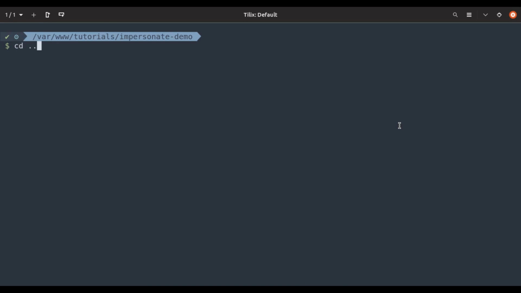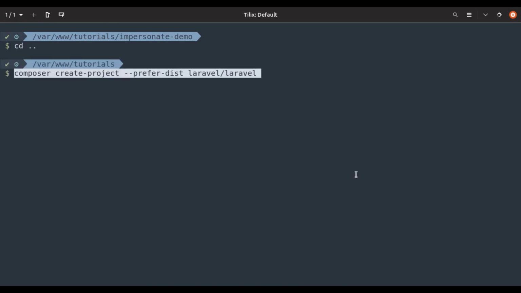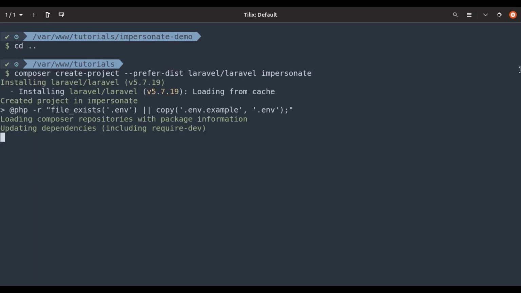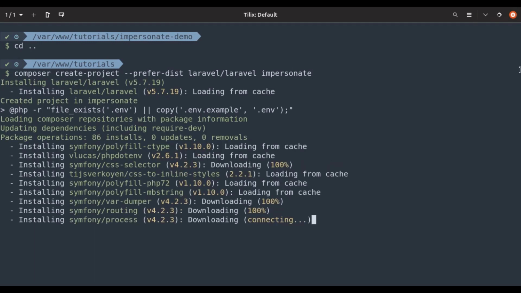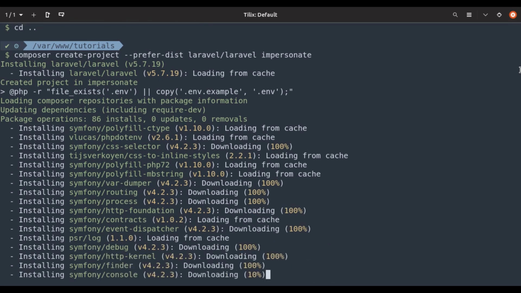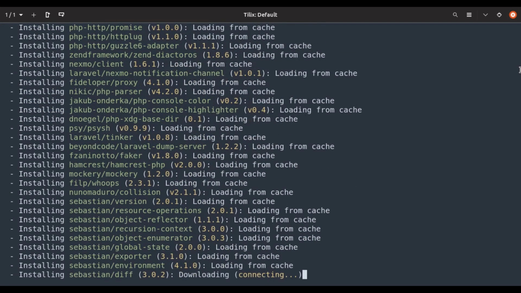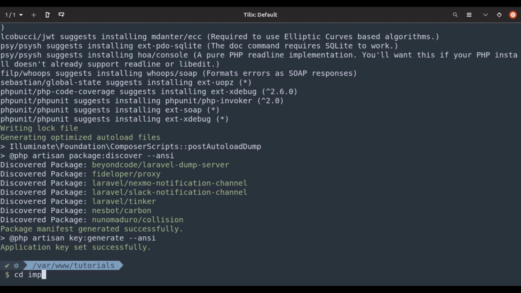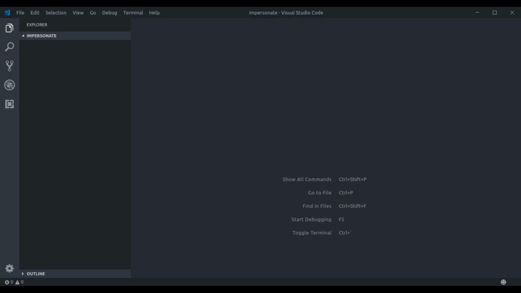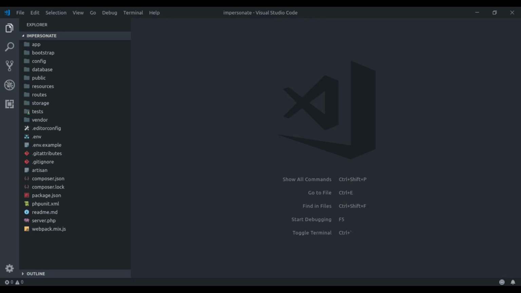Now let's start. First we will create a fresh Laravel project. Let's name it impersonate. Next cd impersonate and open this project in the editor. Now first we're gonna configure the database in the .env file.